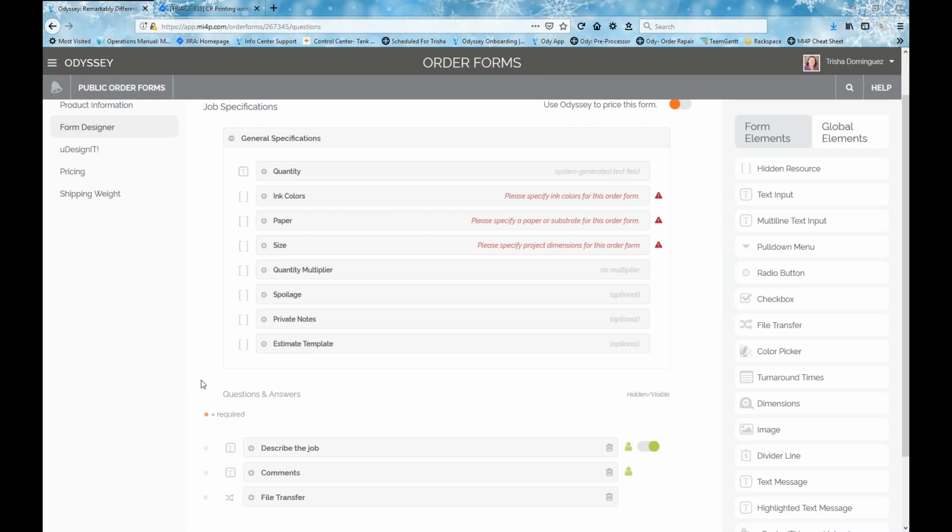What I'm going to start adding is typically, and this could be in any order that you would like on an order form, I suppose a size would be added first, then you might ask for your ink colors and then your paper. I'll show you, but these could be put in any order down here under questions and answers. I'm going to actually start with